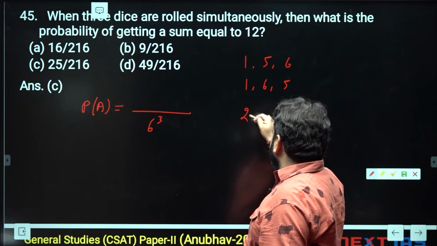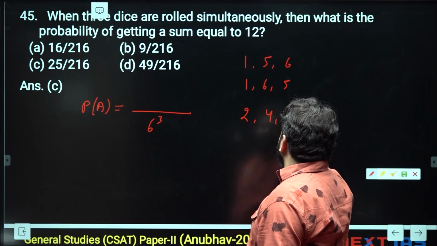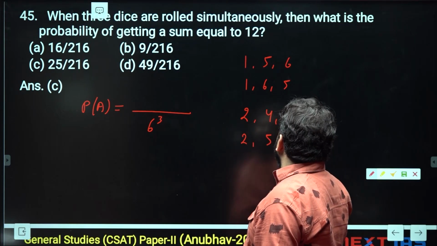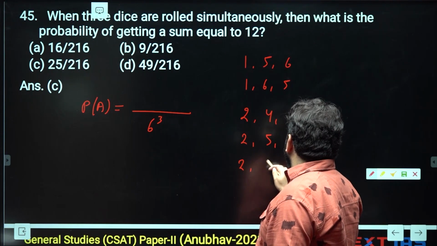Other where 2 है, so 2 पे अब देखो यहाँ 5 से था ना, 1 पे 5 था, तो यहाँ 2 4 6, 2 5 5 and 2 6 4,